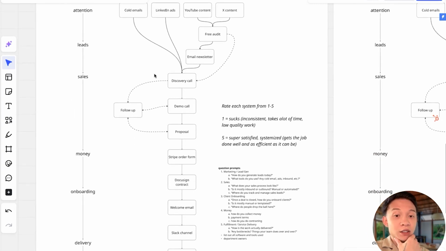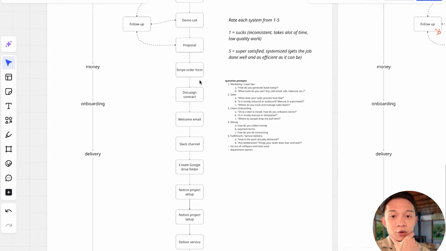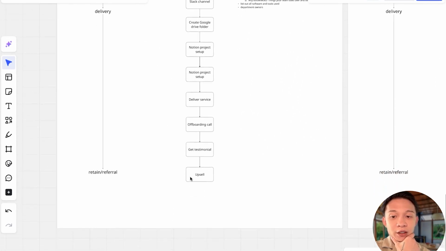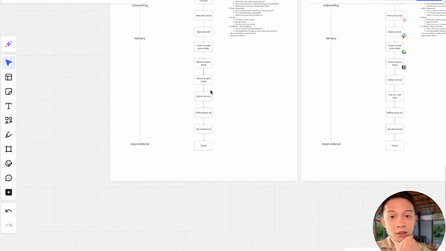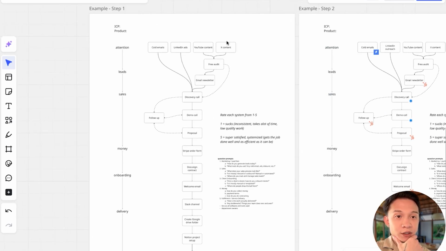So this is just a whole process mapped out on a very high level. Okay, so you can see it's very simple, right? Stripe order form, DocuSign contract, welcome email, so on and so forth, all the way until we upsell them, right? So that is the whole flow. So step one, do this first. Step two,